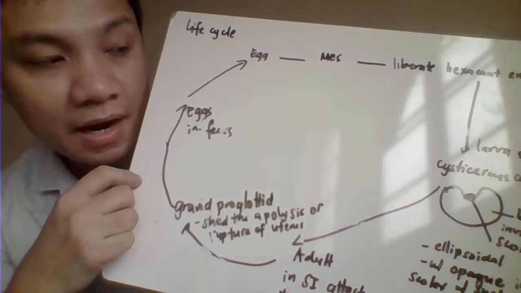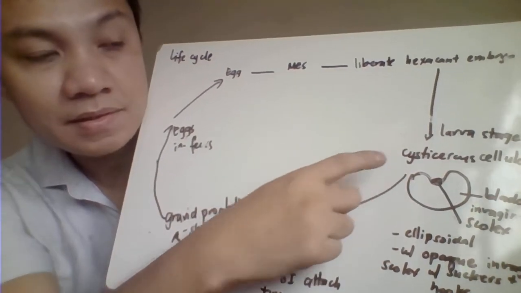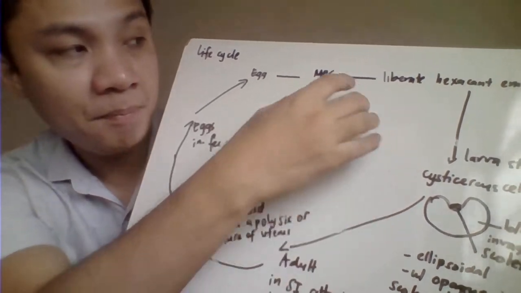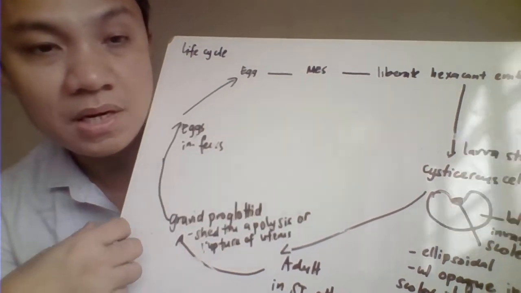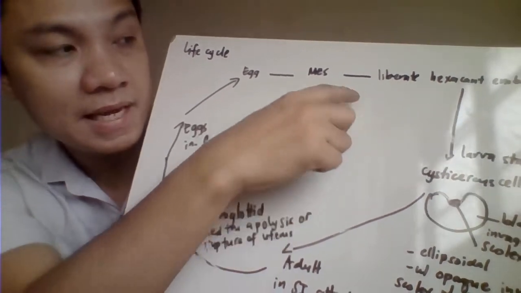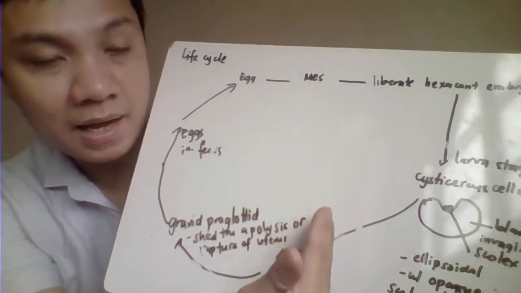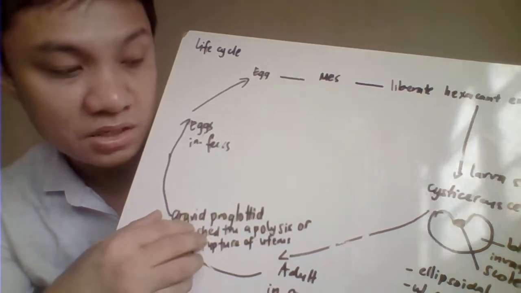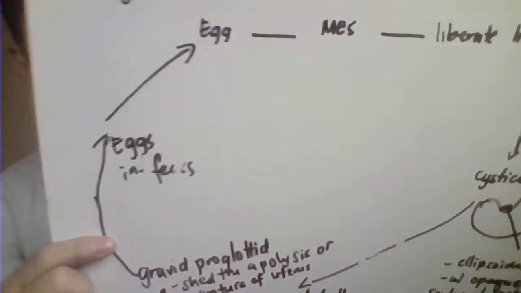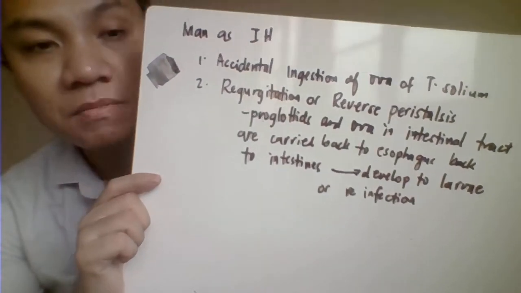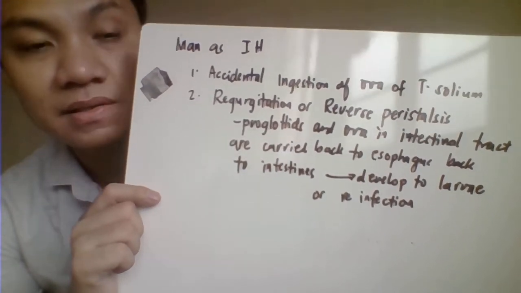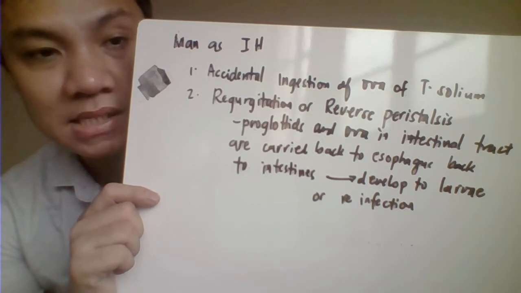the cysticercus larva, Cysticercus cellulosae. Then eventually, pag nagkaroon ng cysticercosis inside the body of the human, most likely hanggang dito lang siya, he becomes a dead end. It will not be converted to the adult stage. Another one, having man as intermediate host would be the regurgitation or the reverse peristalsis, where eventually the proglottids,